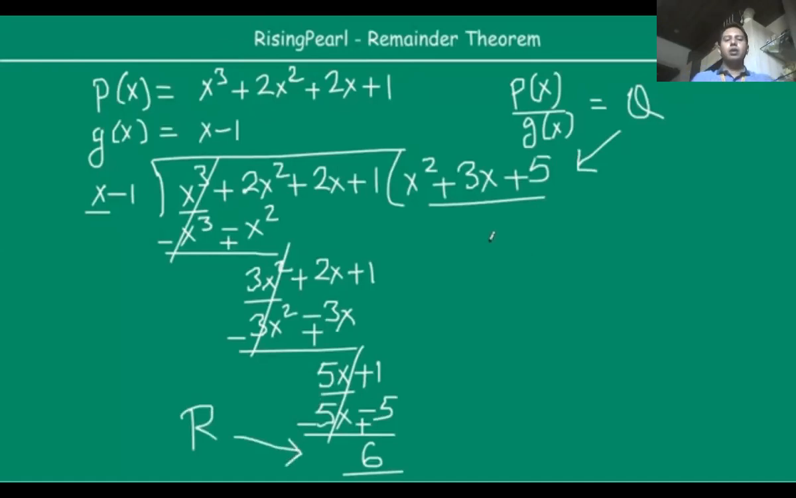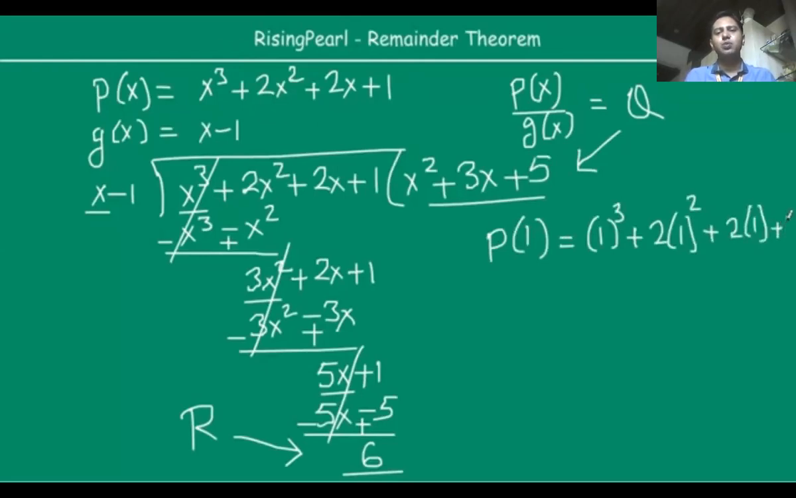Now we'll apply the remainder theorem here to check whether the remainder is the same in both cases. For further questions, we'll apply the remainder theorem only. So we'll equate with x minus a, where a is equal to 1 here. x minus a is equal to x minus 1, simply a is equal to 1. We'll substitute a equal to 1 in the given polynomial, that is 1 cube plus 2 into 1 square plus 2 into 1